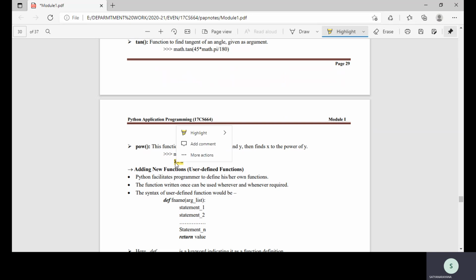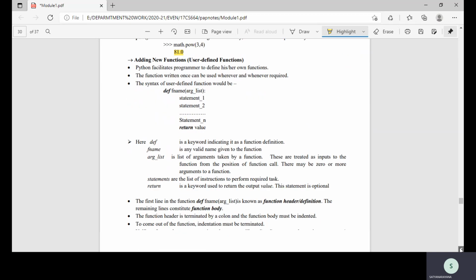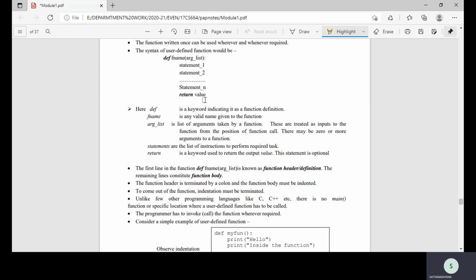Now let us see how to define a user-defined function. In Python, when you want to create a user-defined function, you need to use the def keyword, followed by the function name. If you have arguments, you can mention them. The argument list is nothing but the variables which we are going to use.